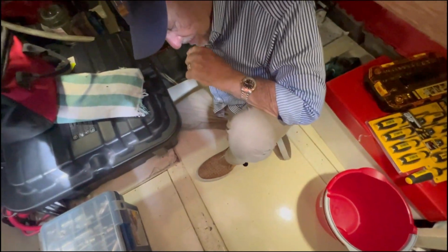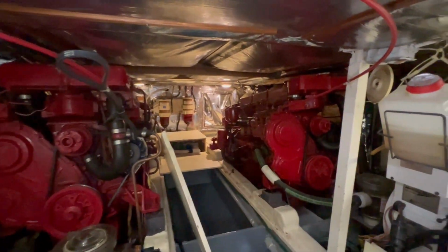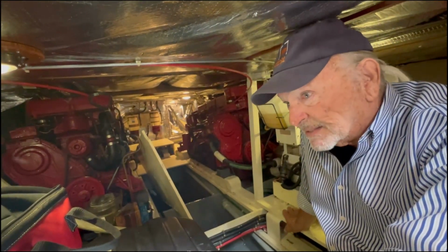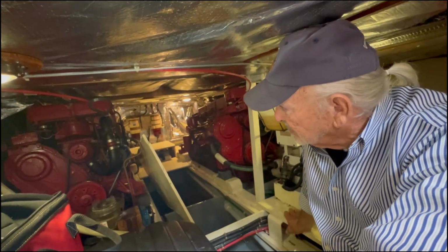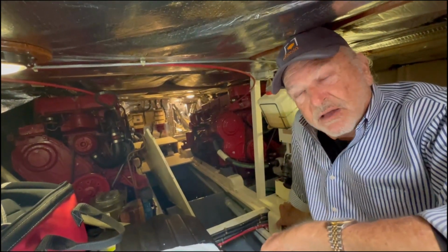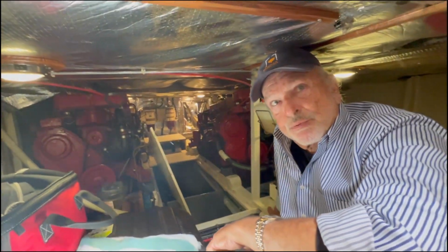I'm coming to the sit-down engine room. These engines have about 2,600 or 2,700 hours on them, not a lot, and they're good for about 10 to 20,000 hours. Yes, sir. Gorgeous. This boat has something that not many boats have, and it has a sewage processing system